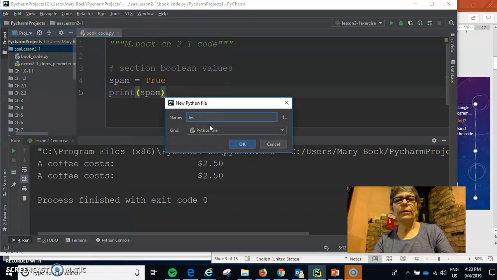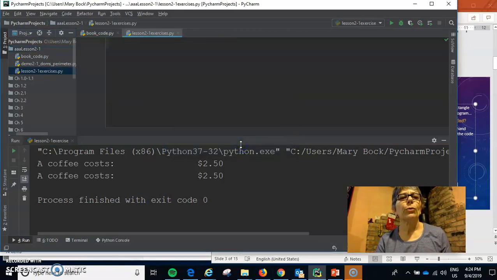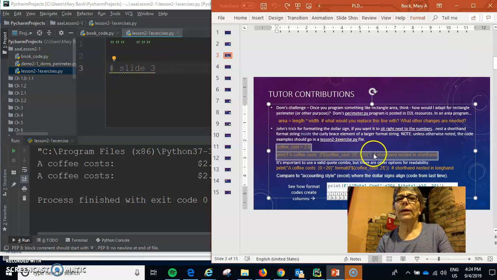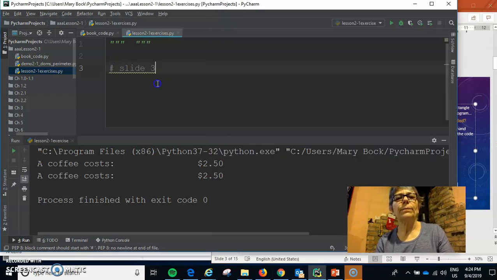And I'm going to name it lesson 2.1 exercises. The name is not important to be exact, but to differentiate between the book code and the PowerPoint exercises. So you can use your own naming. But yeah, here now I'm looking at a blank file. I know you know how to write your long comment in there. I'm looking on slide 3, and I have some miscellaneous code that I'm going to go ahead and say, what the heck is this? Let me take this piece there,